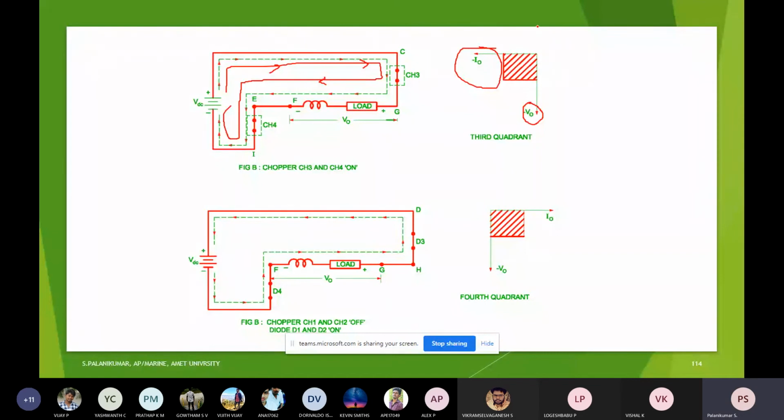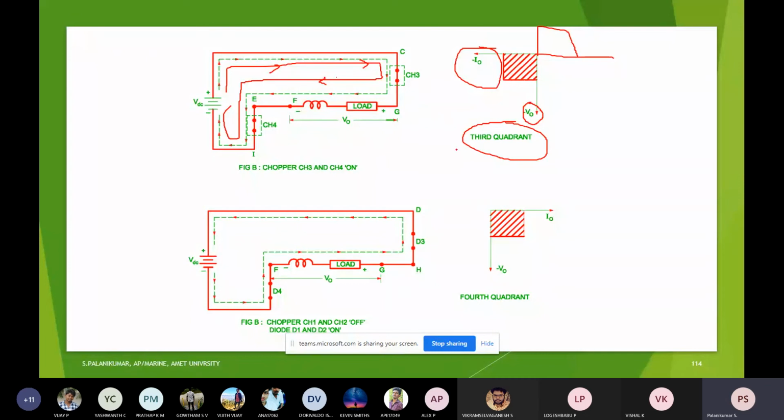Here I am taking the first quadrant as a reference. So earlier first quadrant means here it will come. Compared to this, it is completely negative, opposite. Here both are positive. So because of that, current is going in the opposite direction. That leads to the third quadrant operation. What will happen is reverse motoring. Exactly, I am giving supply voltage in the opposite direction, so the motor will be reversed.